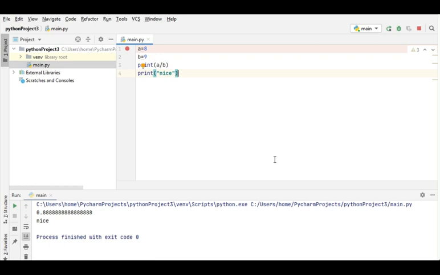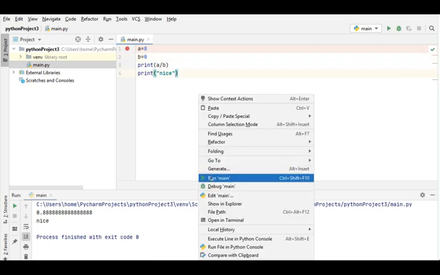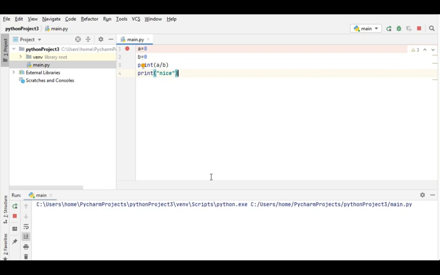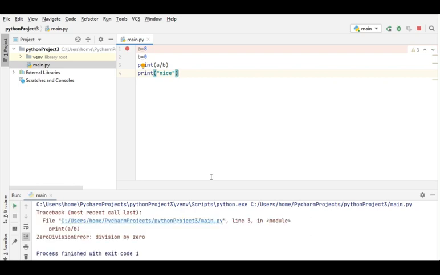But if you change the value, for example, here if you change b to 0 and then run the program, what exactly happens? You will get an error. See, basically you got an error. Why did you get an error? a is equal to 8 and b is equal to 0. When you divide the value 8 by 0, you get an error. So for solving such things, there are a few exception handlings. Let's try it and solve it.